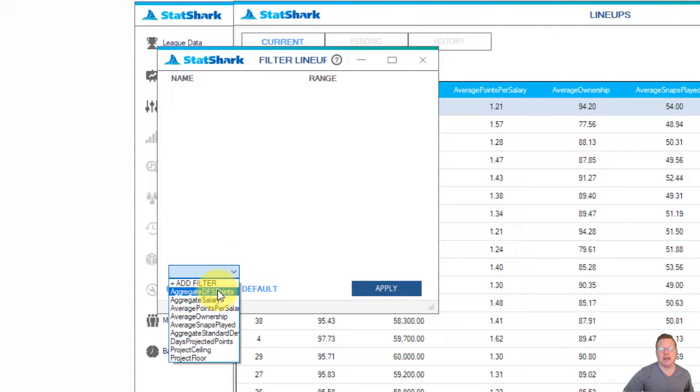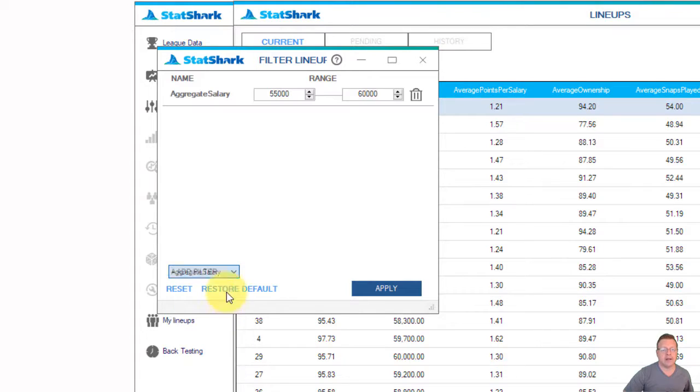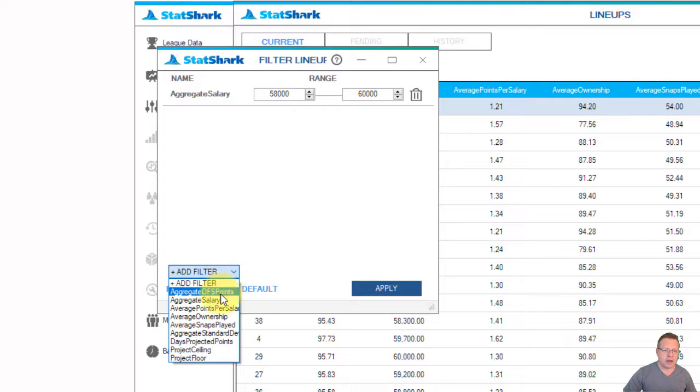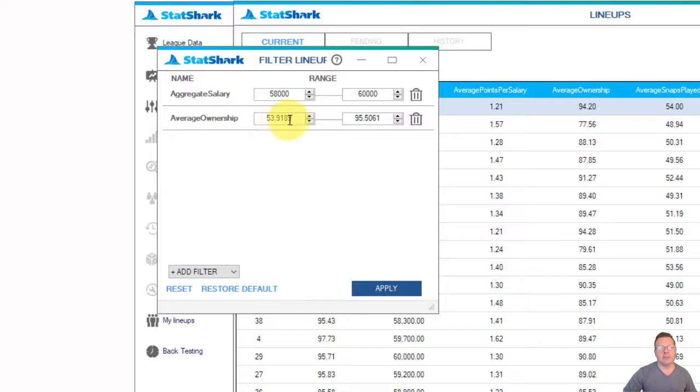We have aggregate DFS points as opposed to individual player DFS points, and aggregate salary, so we can trim back. Let's say we had set it to $55,000, but I want to bump that up. We can apply average ownership across the lineup to be no less than, say,